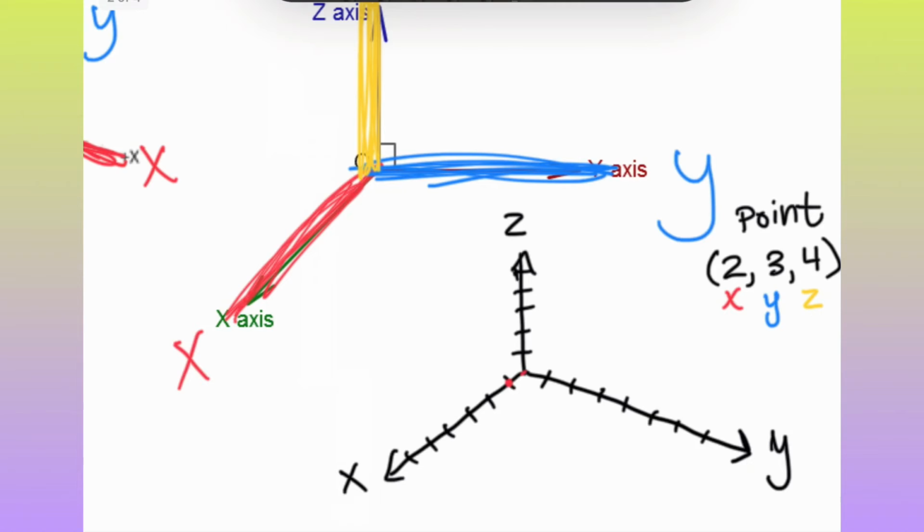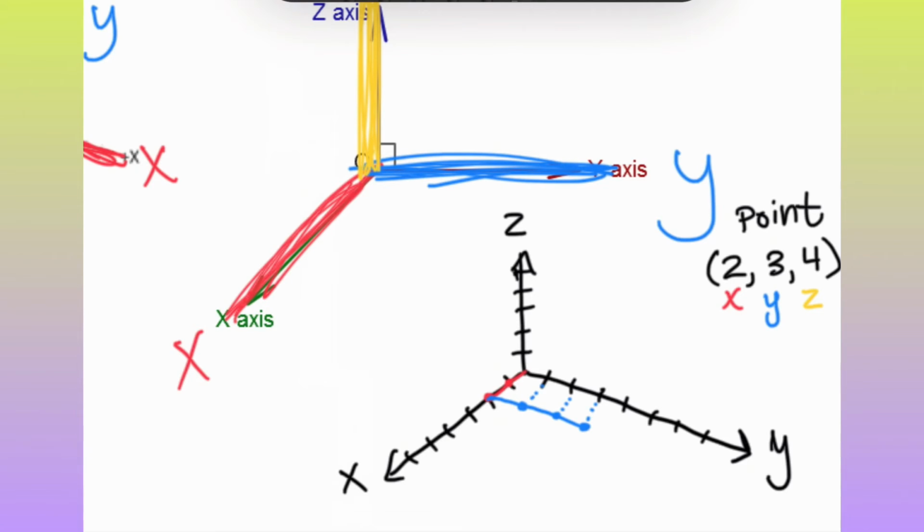And then with my X value of 2, so I'm moving right along that X-axis. And I'm going to draw my line, but it's actually just the path. So I'm drawing the path of what's happening. And then same thing with my Y. So now from that X point, I am moving parallel to the Y-axis. And you can kind of see those 3 marks, how it still lines up with that Y-axis, even though I'm